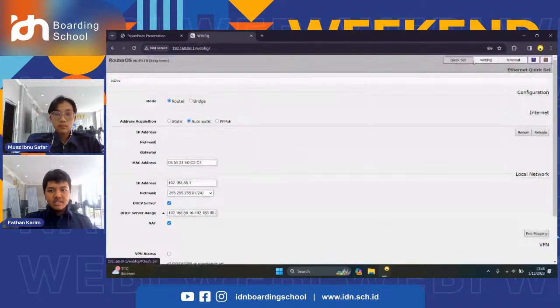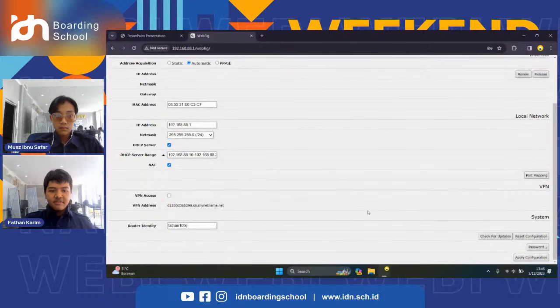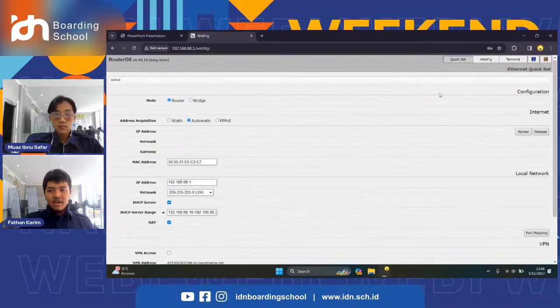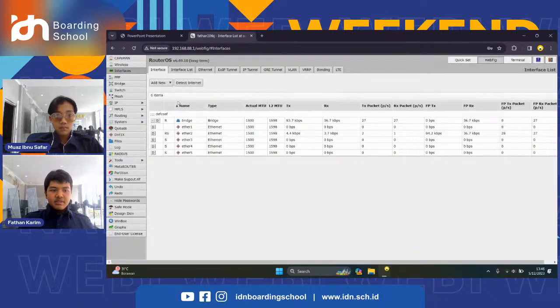For example, this is Quick Set for faster configuration. If we want extended configuration, we can go to the WebFig tab in here. This is the interface when we're in WebFig. The difference is that with WebFig it cannot open multiple windows; it can only open one window like this.